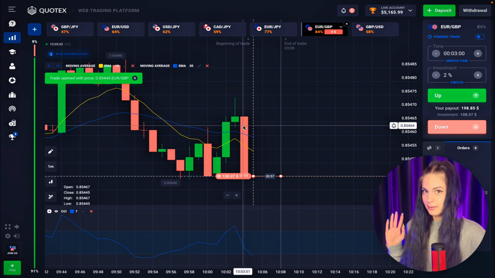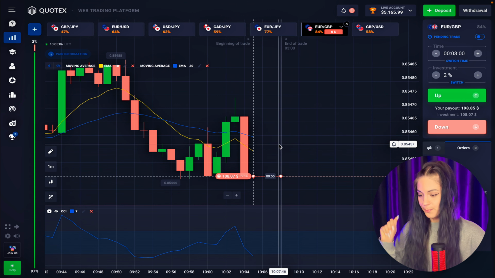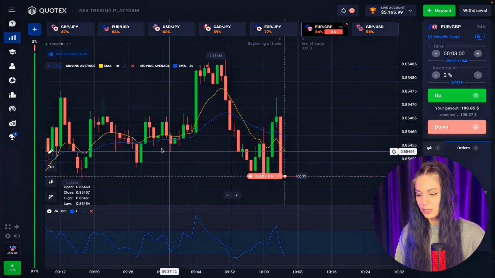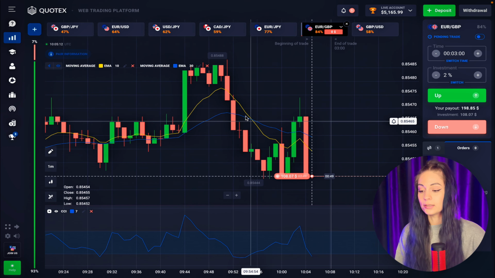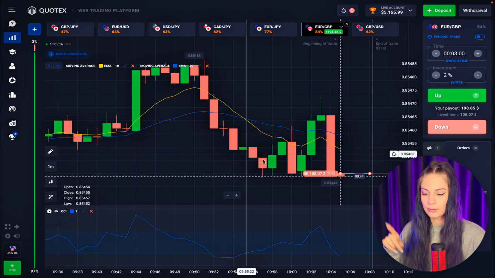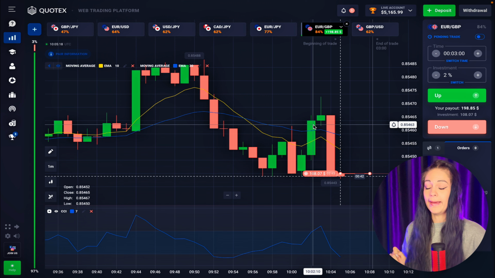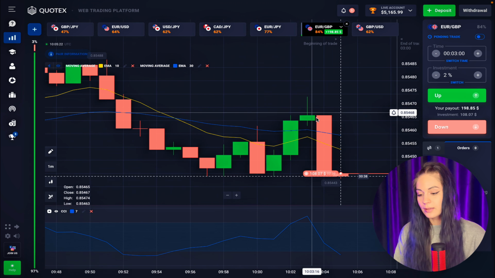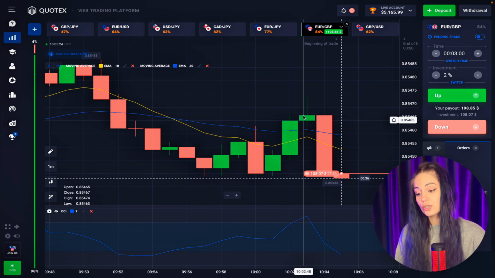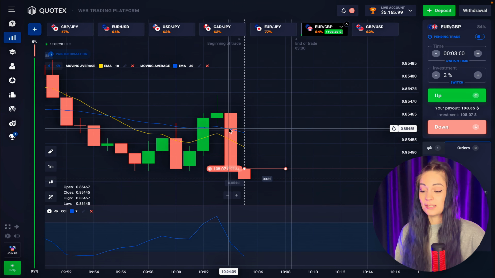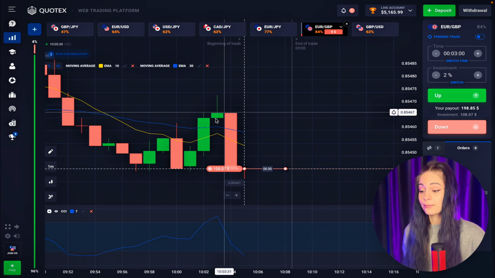Alrighty, so let's enter into a trade right here. So what do we have? This situation is interesting. It was an uptrend for quite a while, and right now we see the moving average crossover, so the price went down, and we see a pullback to our moving average line, and the price went through the moving average. We see the doji candlestick, and then after that we see the momentum candlestick that covers all